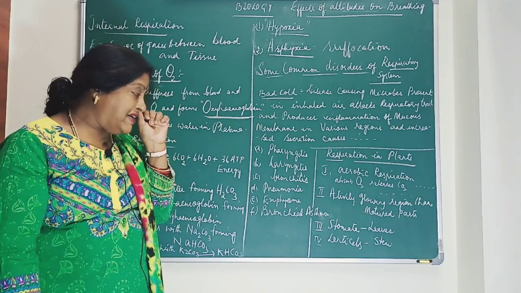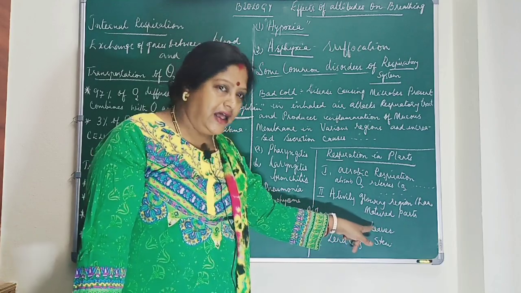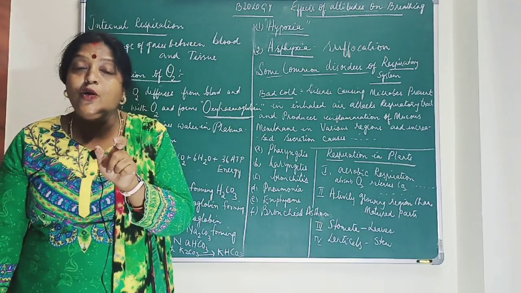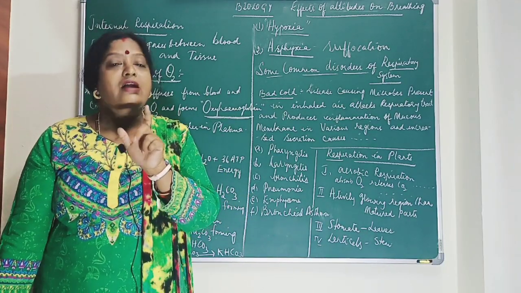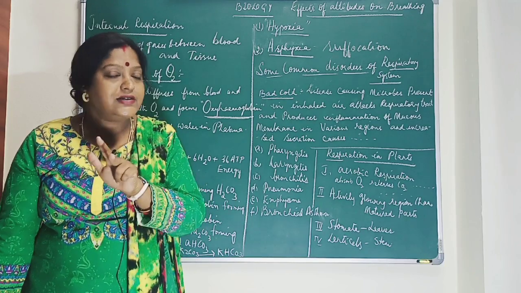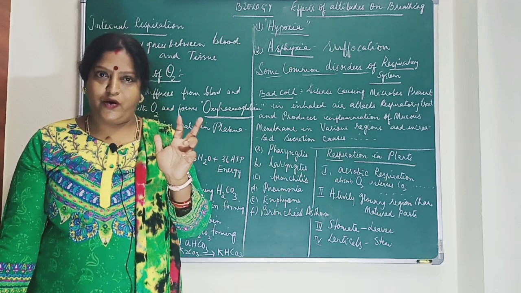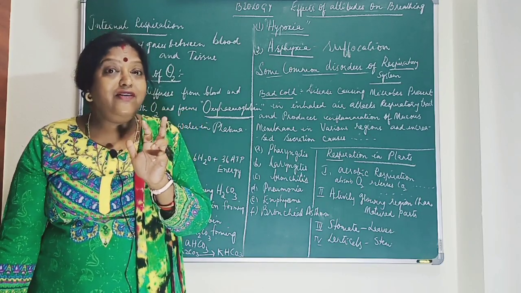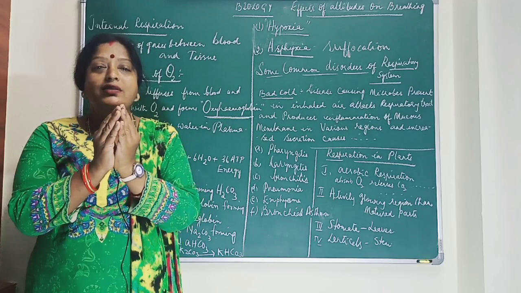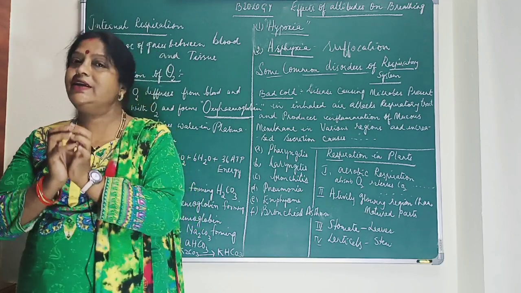Understood? Next, respiration in plants takes place by stomata present in the leaves. We have already studied the structure of the stomata. The central opening of the stomata is called the stoma, which is surrounded by two guard cells, bean shaped, and the inner wall of the guard cell is much thicker than the outer wall. When the guard cells are filled with water, the inner wall exerts pressure and the stomata opens. Understood, children? Oxygen enters inside and carbon dioxide comes outside.